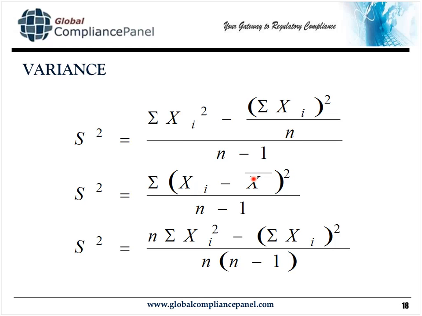So you get a bunch of numbers, and you take the average of those numbers. That's what this X bar here is saying. You take the average of these numbers, and you subtract it from the individual observations, X sub i. This could be 1, 2, 3, 4, whatever. And each time you make this subtraction, you square it, and then you sum it. That's what the sigma is. And it's divided by n minus 1.